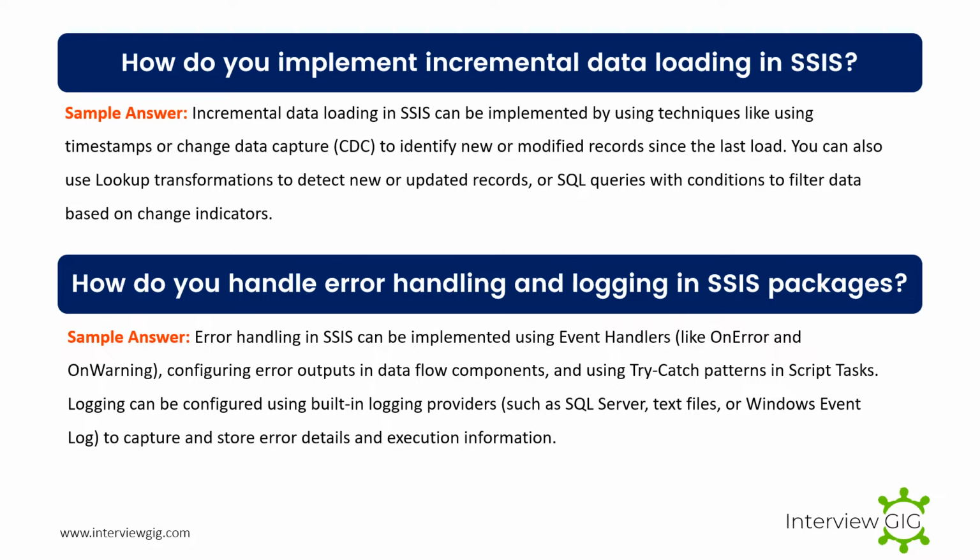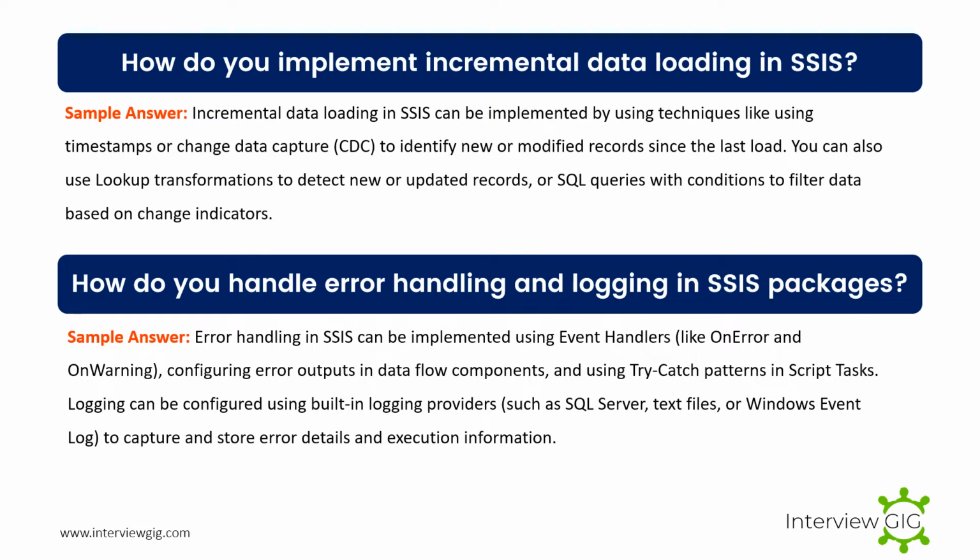How do you implement incremental data loading in SSIS? Sample answer. Incremental data loading in SSIS can be implemented by using techniques like timestamps or change data capture to identify new or modified records since the last load. You can also use lookup transformations to detect new or updated records, or SQL queries with conditions to filter data